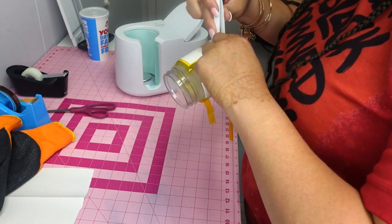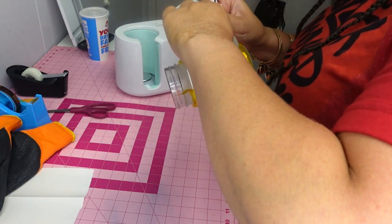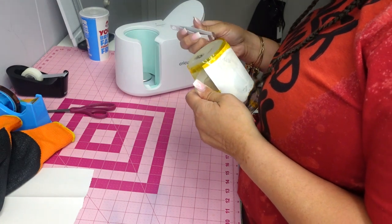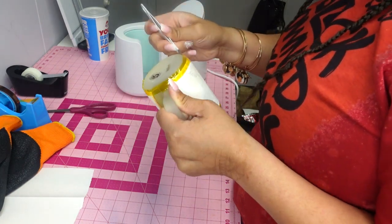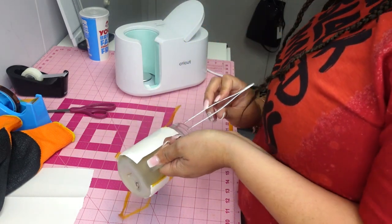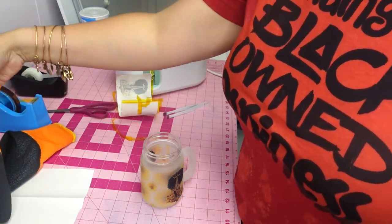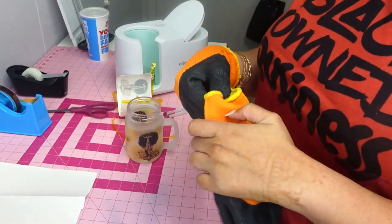It's like steaming hot. Ooh. I cannot get this tape off. There we go. I think I got it now. Okay, that looks cute. So it's not like super bright as if this were a white cup. Okay, because the cup is frosted,